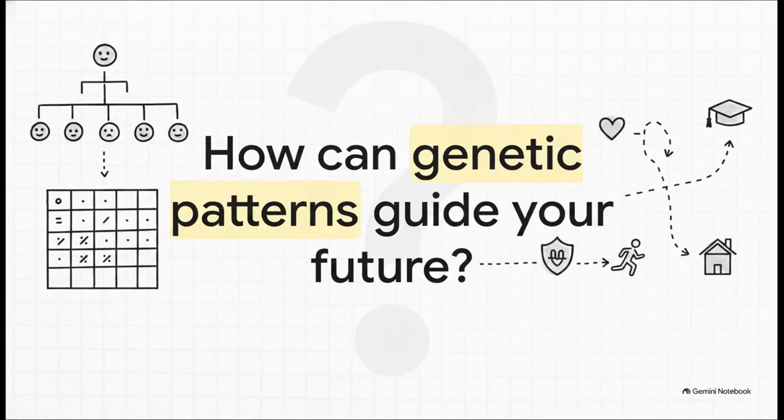Which brings us to the end of our explainer today. But before we go, I want to leave you with a question to chew on. How could understanding your family's own unique genetic patterns help you make informed decisions about your future health and your life? Whether it's tracing a simple, fun physical trait or really understanding your predisposition to certain health conditions, the Punnett Square is literally a window into your past and a map for your future. So, take a look at your family tree this week with some fresh eyes and see what genetic mysteries you can solve for